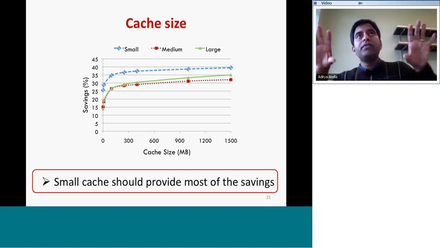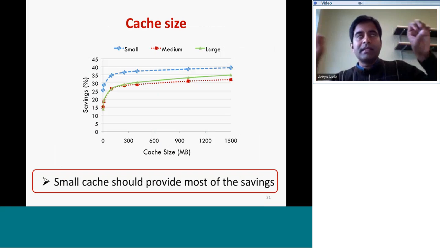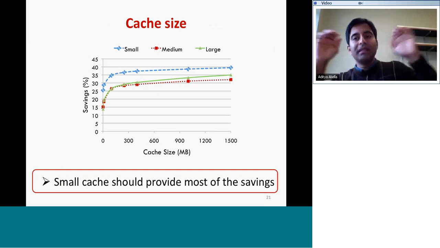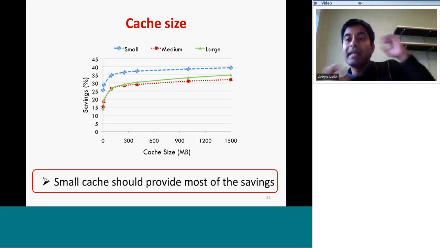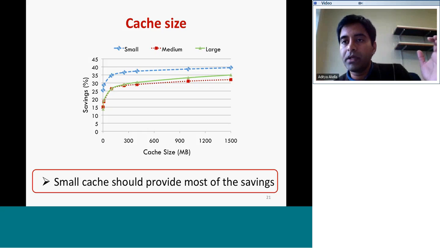So this is not exactly the end-to-end view. It still doesn't reflect what happens between the endpoints, but this gives you an upper bound on the total size of the cache that any endpoint may ever have to hold. And I'm going to return to this in the evaluation for EndRE shortly.